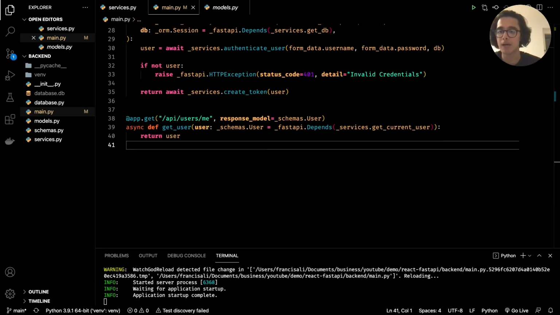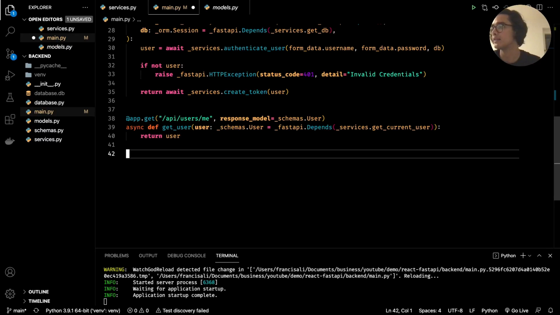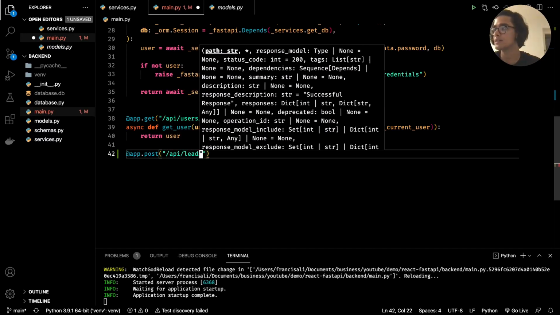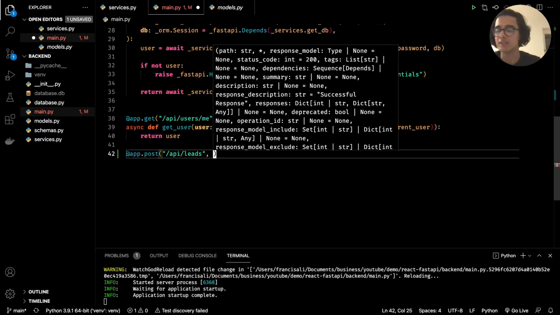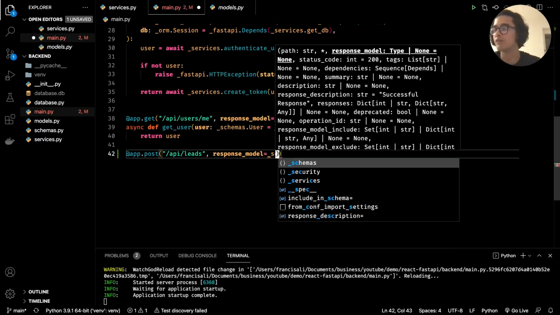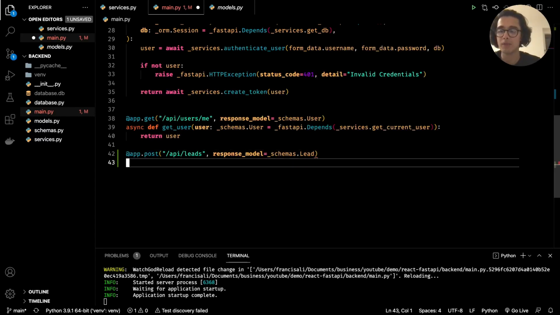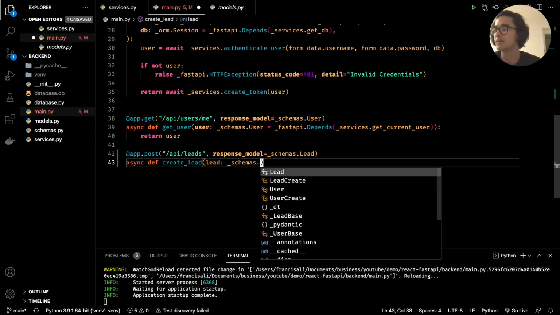So the first endpoint I want to create is the create lead endpoint, so the post endpoint. And so what we can do is say app.post, and the URL will be /api/leads, like so. And then we can say the response model will be that of a lead, so _schemas.Lead. And what we want in the parameters for it, so we can make this an asynchronous endpoint, and we can call this create_lead. And what we want is the lead itself, so that will be _schemas.LeadCreate,